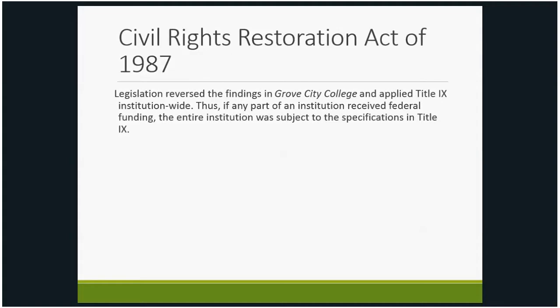Mentioned the Civil Rights Restoration Act 1987. Congress reversed the findings in Grove City and said we really mean to say institution-wise, if anybody is receiving funds from the federal government, then the entire institution has to be subject to Title IX